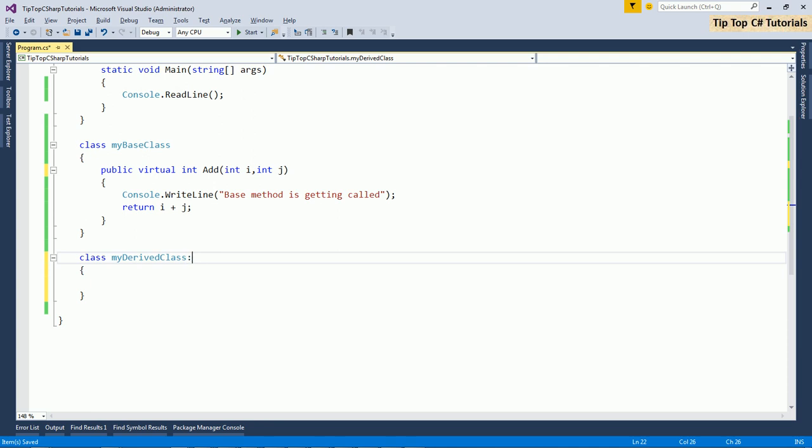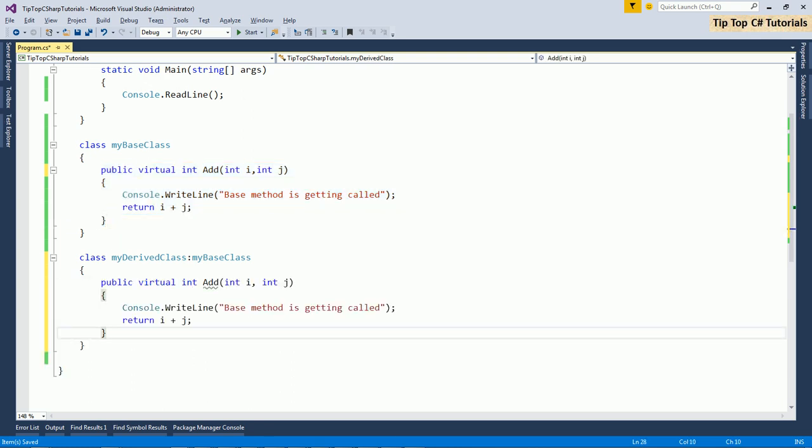Imagine my derived class is deriving from my base class, and I'll just copy paste the method over here. Imagine the derived class wants to add 10, and we have to specify override.